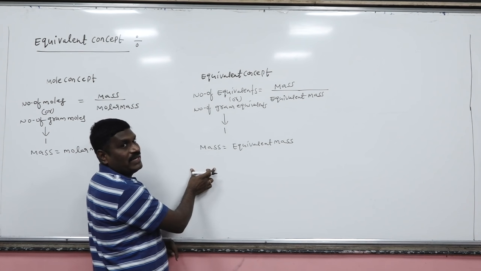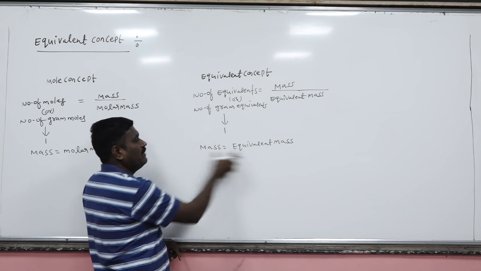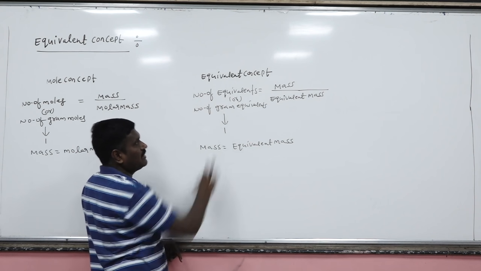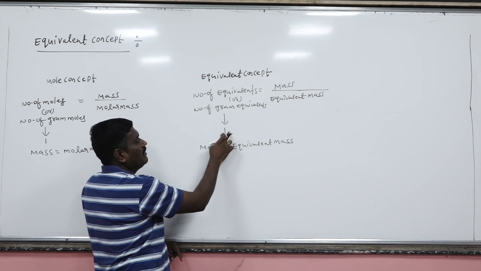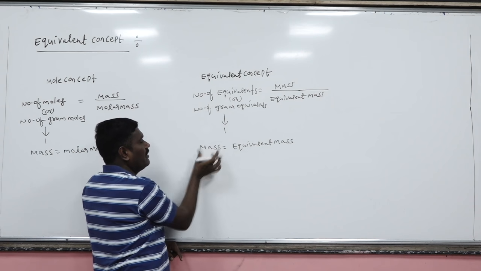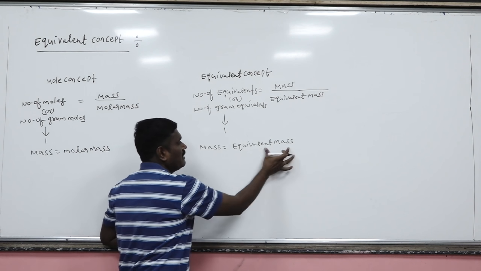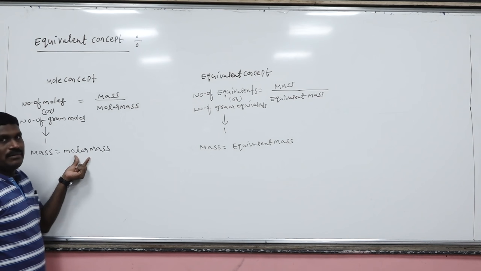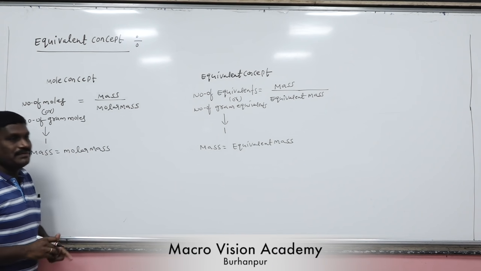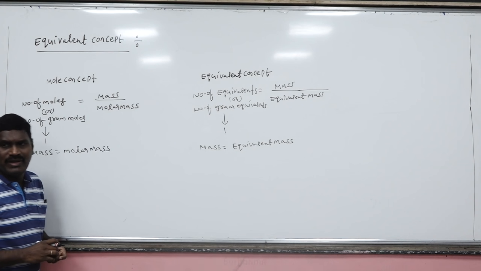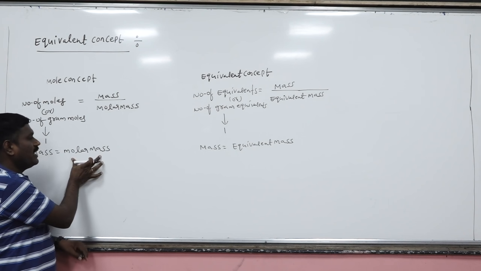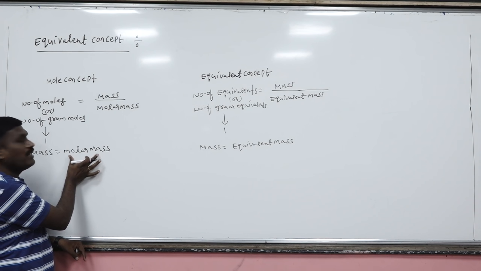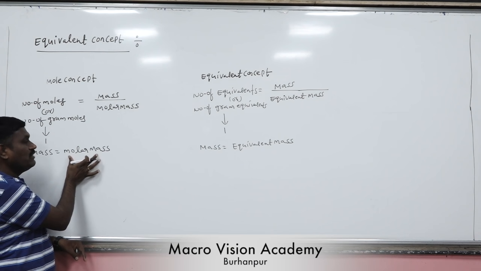What is the definition of a one equivalent? The mass of a substance will be equal to its equivalent mass, then it is called 1 gram equivalent. When the number of gram equivalents will become 1? When the mass of a substance will be equal to its equivalent mass. Now, we know how to calculate the molar mass. Molar mass is nothing but the mass corresponding to 1 mole of a substance. In case of a compound, if we add all the atomic weights, we get the molar mass.